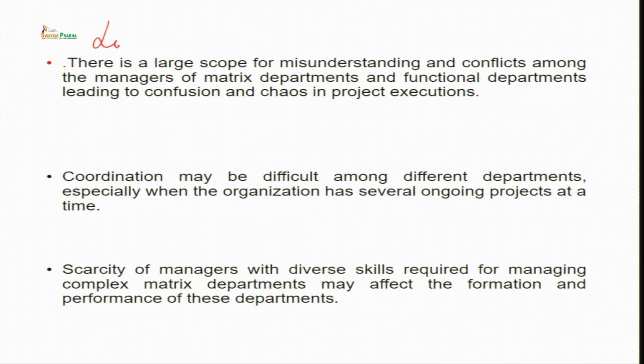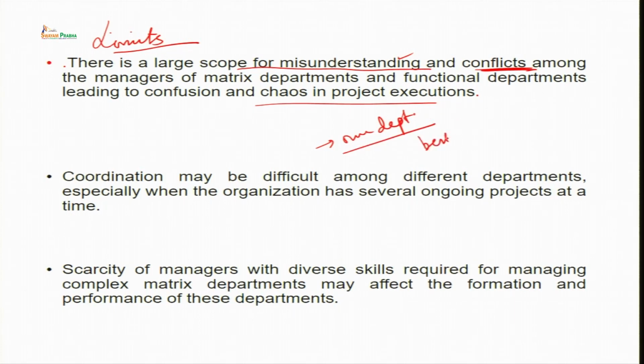But having discussed the merits, we also have certain limitations to the matrix organization, and that can be that there is a large scope of misunderstanding and conflicts amongst the managers of matrix and functional departments, leading to confusion and chaos in the project execution. So, managers of functional departments may not be too willing to relieve their best people for the matrix organization, fearing that work disturbance may take place in their own department. So, they will not send their best people for